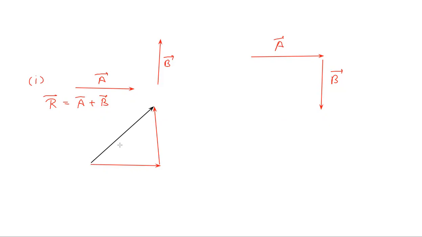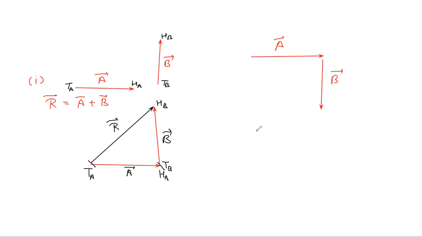Okay. So the resultant is clear in this way, with A vector and B vector. If you have any doubt, then all of you write tail of A and head of A, and at this point tail of B, head of B. Tail of B, head of B, tail of A, head of A. Okay, so this is the resultant R vector.